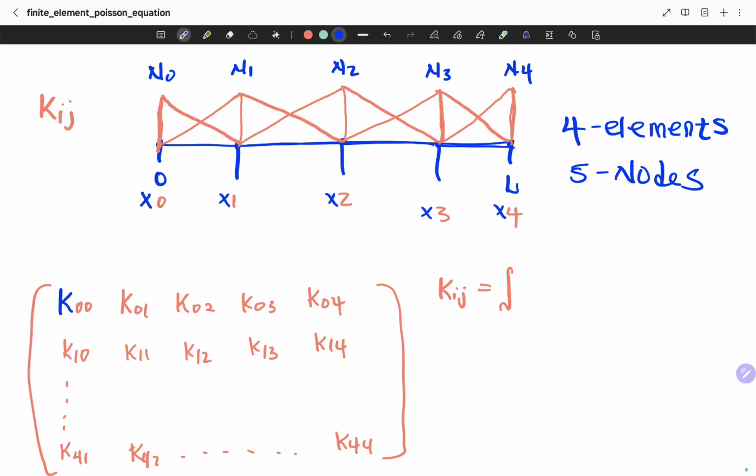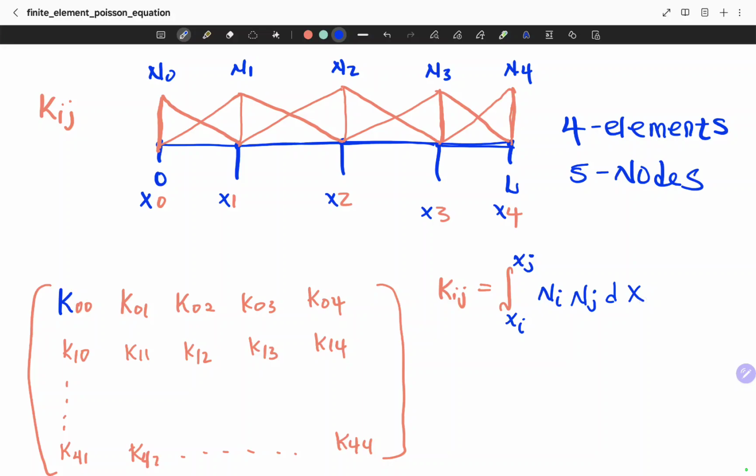If you're looking at kij, you can move from xi to xi plus 1, so you're going to do ni, and nj will be ni plus 1. Let me call this xi to xj, maybe, and then ni nj